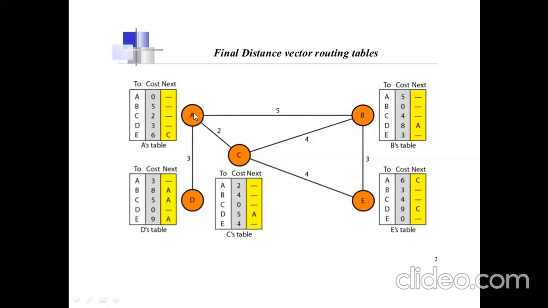And then another way, I can go from A through C to reach the destination B. That is 2 plus 4, which is equal to 6. And also I can reach through A, C, and E to the destination, that is 2 plus 4 plus 3, 6 plus 3, which is equal to 9. So which is the least cost? A to B directly, when you are connecting, that is the shortest path. Like that it will just identify.